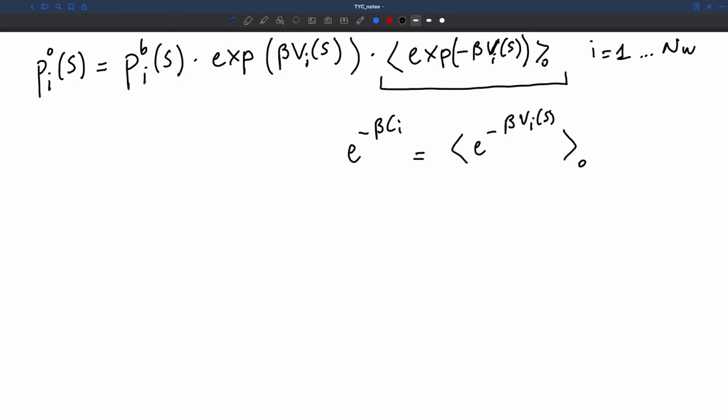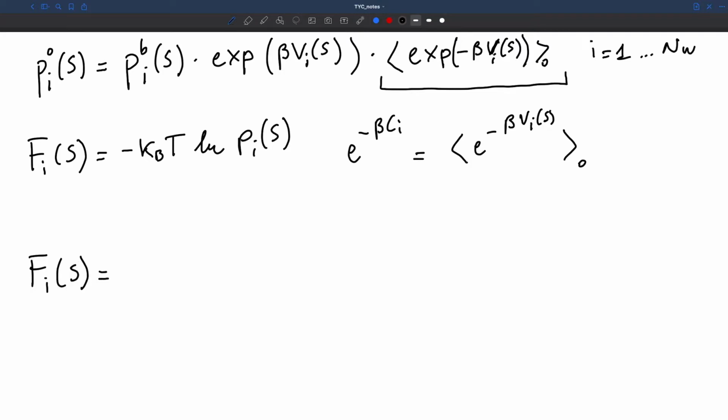If we do so, and we actually compute a free energy surface as a function of S in window i, we get the following expression. The free energy Fi of S will be equal to minus kBT logarithm of the unbiased probability in S in window i. And so basically we'll get that Fi of S comes equal to Fi of S